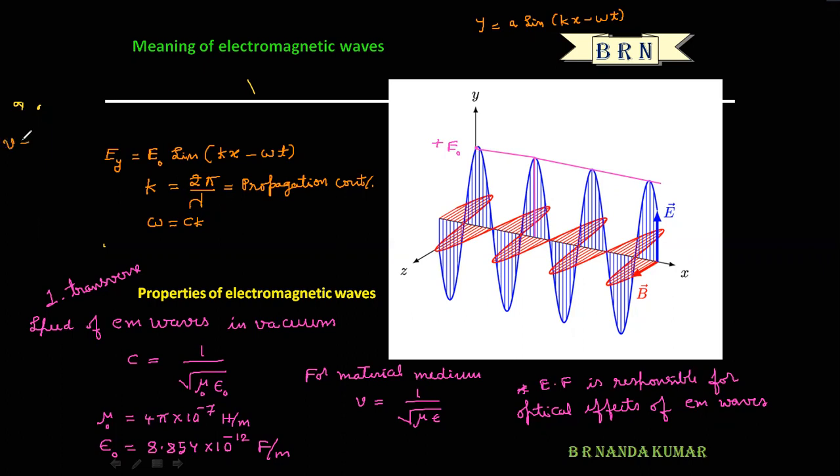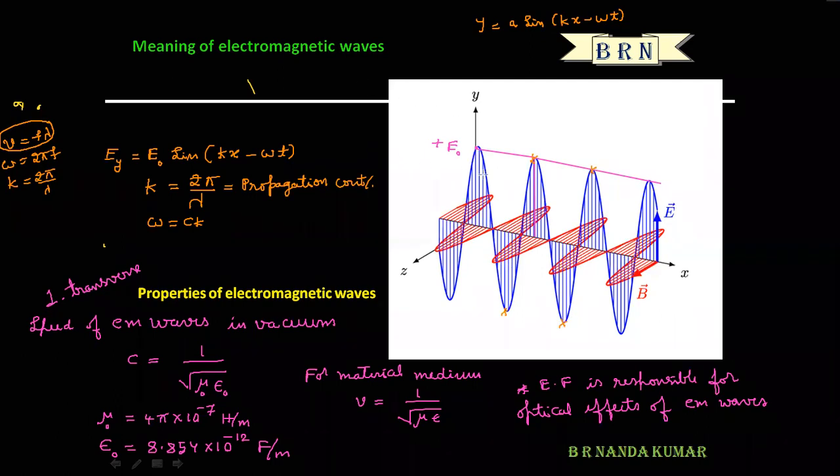Actually, we know that V is equal to F lambda, is it not? Omega is equal to 2 pi F. So k is equal to 2 pi by lambda. So this is the relation connecting the speed of wave, frequency of wave, and length of one wave, that is the wavelength, or the distance between any two consecutive troughs. So this is the wavelength, right?